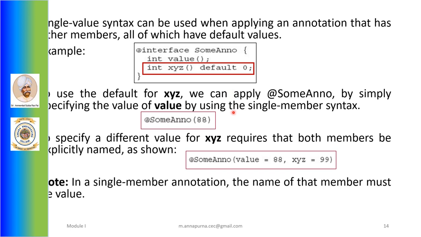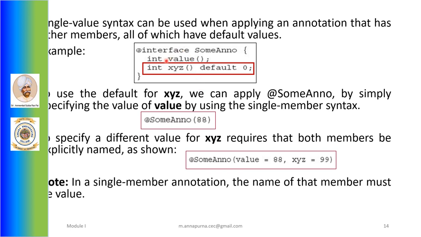In this case, if we want to default xyz, we can apply @SomeAnno as shown by simply specifying the value for the annotation member value, that is 88, by using the single member syntax.